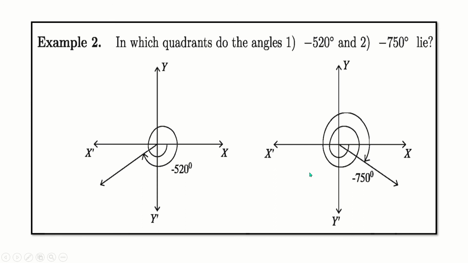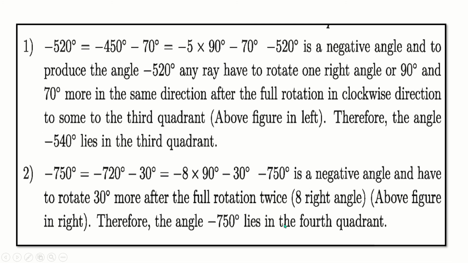Now follow, fourth quadrant. So we have to start from here. 1, 2, 3, 4, 5, 6, 7, 8. That's it, a first quadrant, but there is minus 30 degrees, so that will exceed this quadrant. So minus 750 degrees lies in the fourth quadrant. Clear? Okay, that means minus 750 degrees lies in the fourth quadrant. Clear everyone?